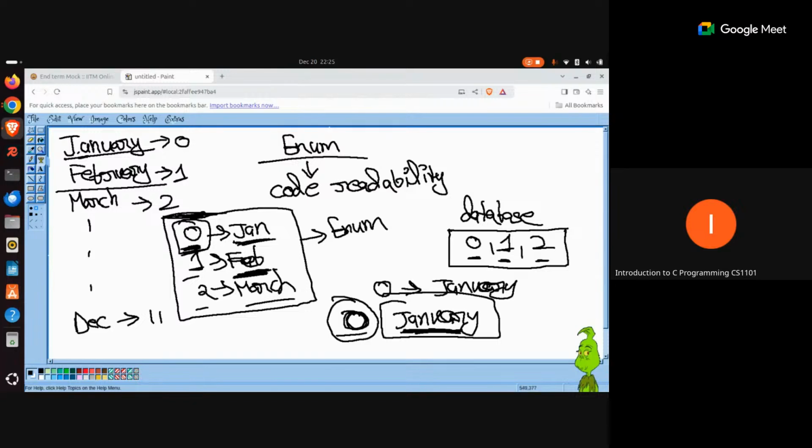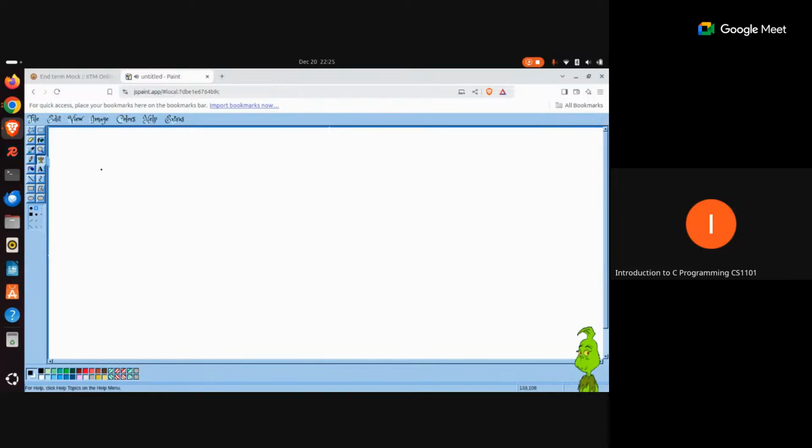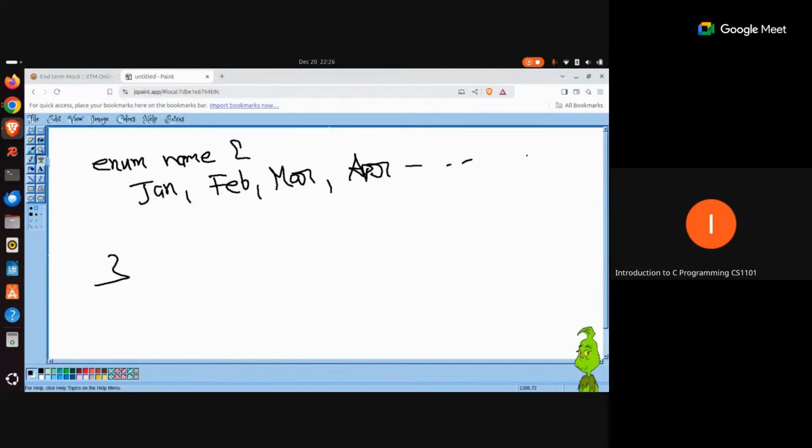Similarly, if you are writing a value February, you are working with a value 1. It's just for the programmer's readability, you are writing February so that it becomes easy for you to understand. It becomes easy for your peers to understand. So this map that you are seeing here, this map itself is the enum. Just like we have created struct, union, etc., similarly you can create enums the same way. Enum, the name of the enum, and then you can start writing the names. So let's say Jan, then Feb, then March, and then April, etc. You can go ahead and add all the possible values that you want to have.